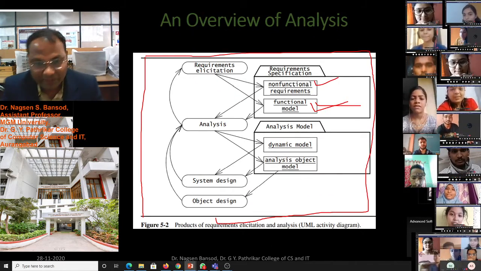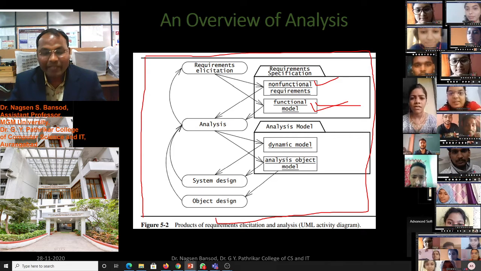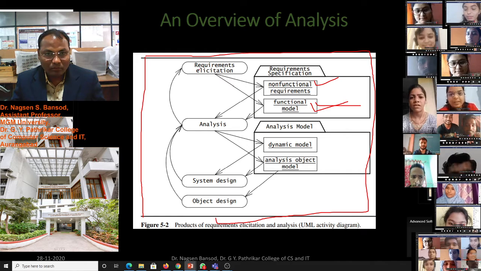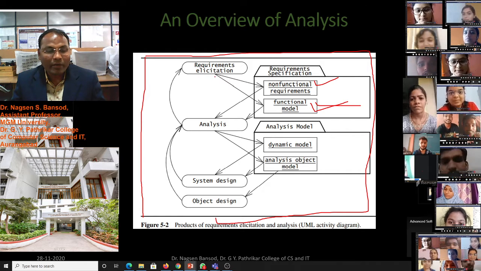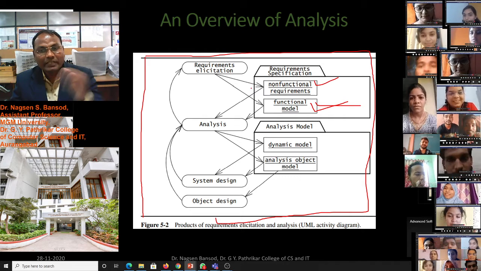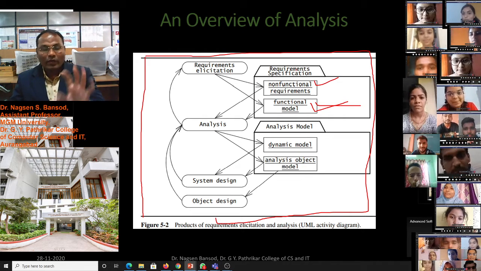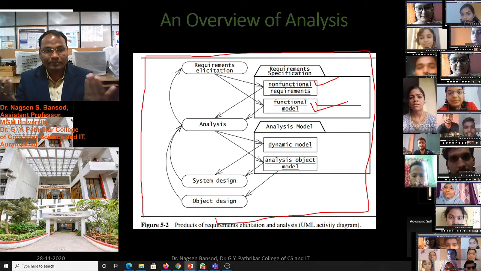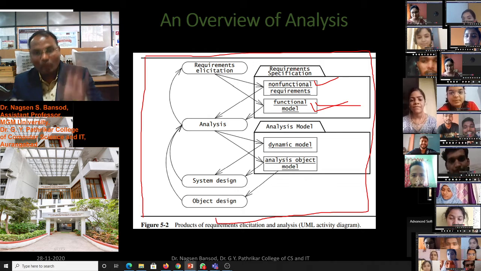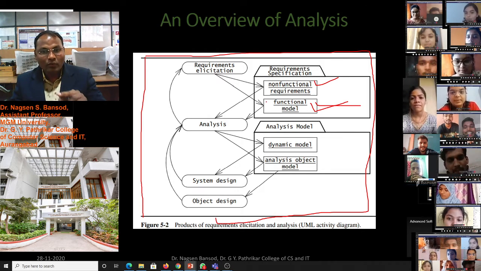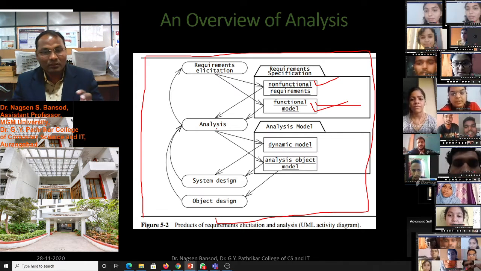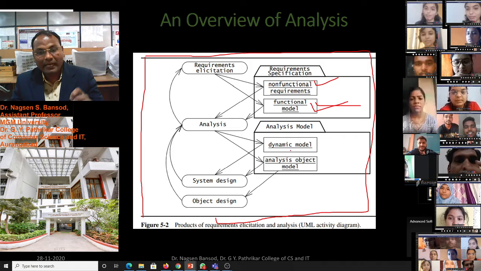So you see in this example, the activity diagram of the analysis model. Once you have the requirements elicited, then in that information we have to find the requirement specification. Is that information functional or non-functional? According to that, we have to make the analysis. If the requirement is non-functional, then we make the analysis and design the dynamic model.